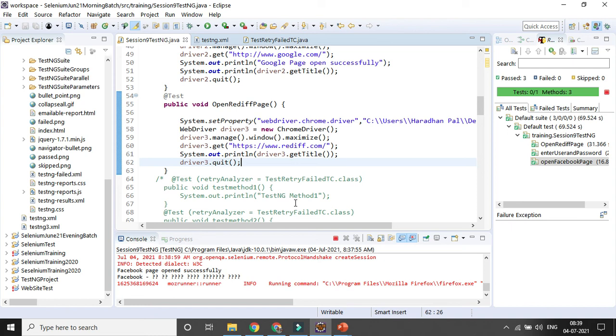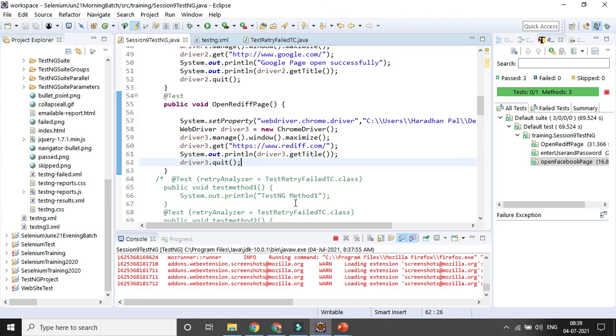It will open the Google page in the Firefox browser, get the title, and once the page is fully loaded, it will quit it.